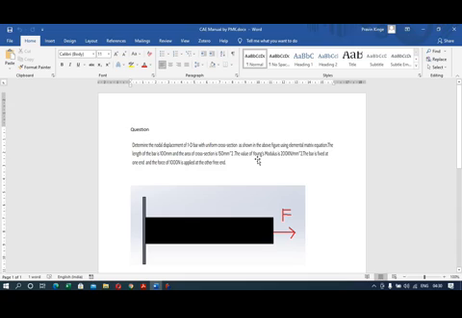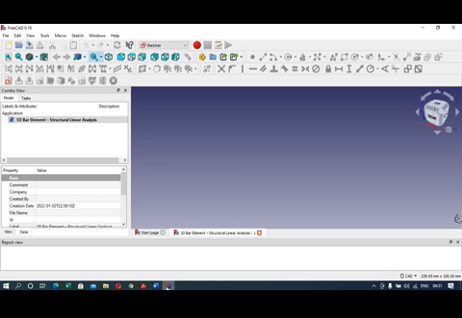The value of Young's modulus is 200 kilonewton per millimeter square. The bar is fixed at one end and a force of 1000 Newton is applied at the free end. You are supposed to find out the nodal displacements. We will try to carry out this experiment in the FreeCAD software.